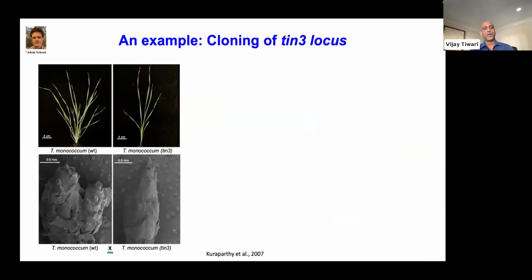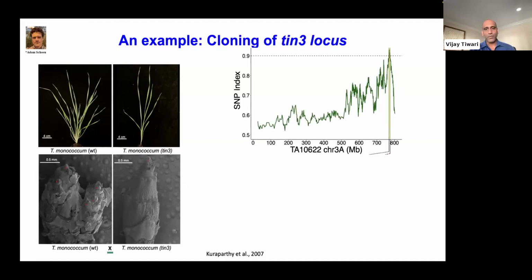published in Nature. So we had a mutant, we call it the tin3 mutant, that gives just a single tiller, a unicalm mutant, and wild type monococcum gets you about 35 to 40 tillers. And these are some tiller primordia that show the single primordia is developing, whereas in wild type you can see these red dots that show that multiple tiller primordia are showing up. So we crossed this mutant with wild type and developed a MutMap population.